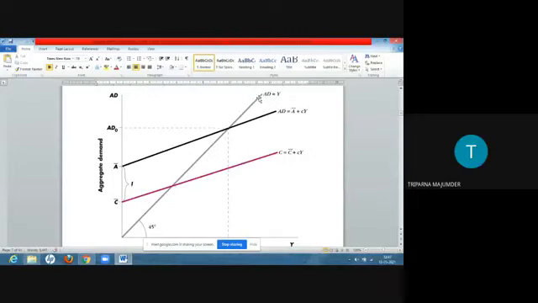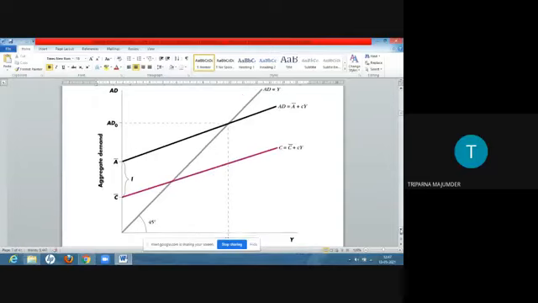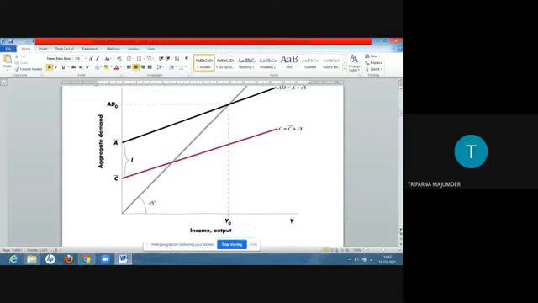Now what is our y here? Components of demand. Here we are considering the consumption function. So y is consumption, and what is x here? It is income or output. So the 45-degree line tells us that aggregate demand is equal to income or output. We will need this 45-degree line while determining the income.